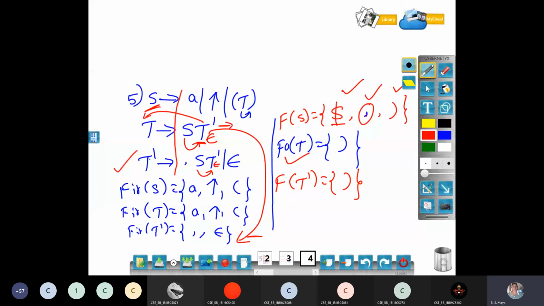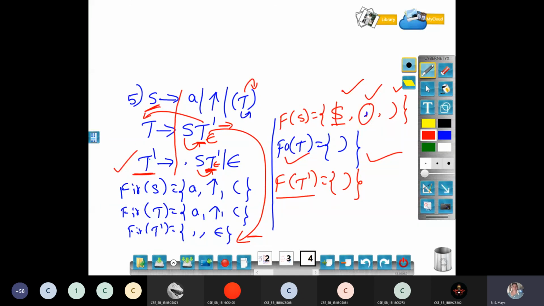Let me search for the follow of T. I got follow of T is close parenthesis. I am writing close parenthesis. See, in the remaining two productions, I am not getting follow of T. That is only one symbol. Then I am searching for follow of S. I get one more here, T dash. Again, T dash is a non-terminal. I already copied comma. Then because of epsilon, I have to see the head of the production of T dash. Head of the production of T dash is follow set. I have to compute follow set of T dash.